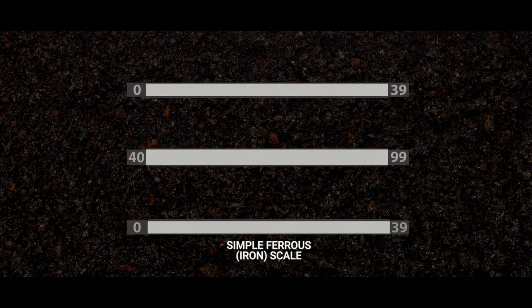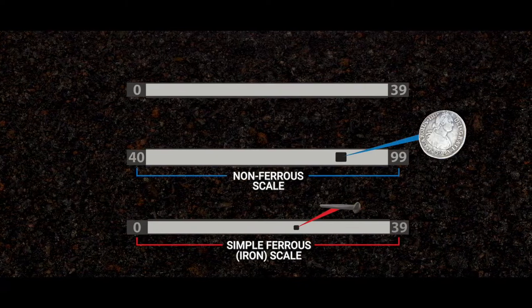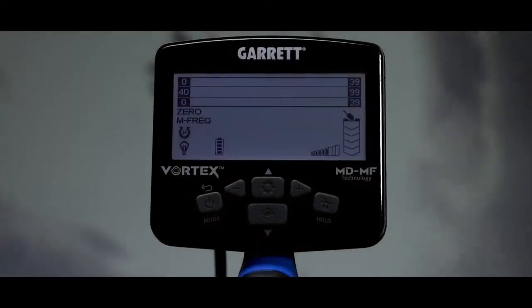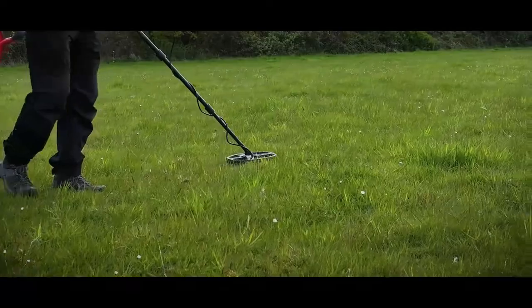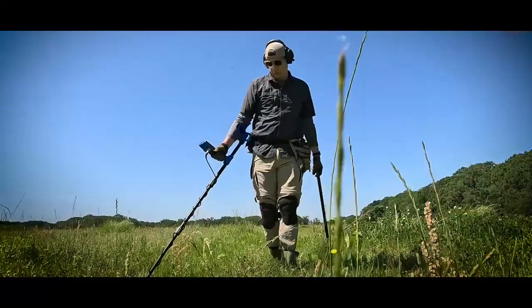See multiple targets on one screen. Simple ferrous or iron targets appear in this lower ferrous scale. Desired targets appear in this non-ferrous scale. Tricky iron targets appear on multiple scales. Sharp, accurate graphical target ID display. With this robust detection system, lightning-fast target separation, and fully submersible down to 16 feet, you'll hunt farther and faster